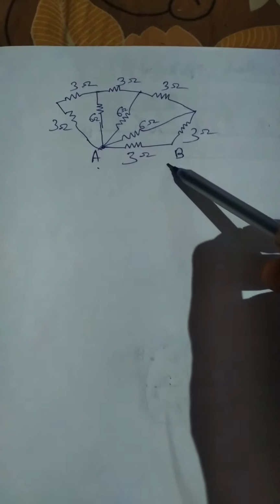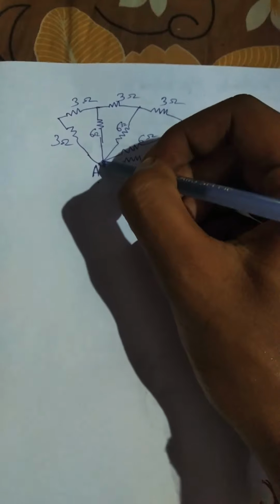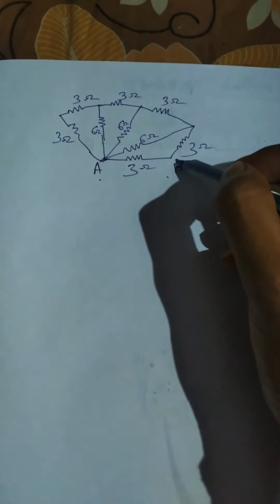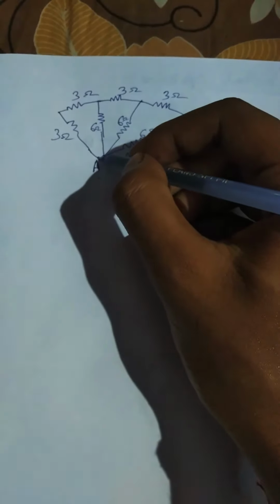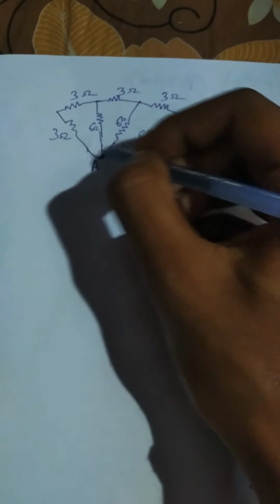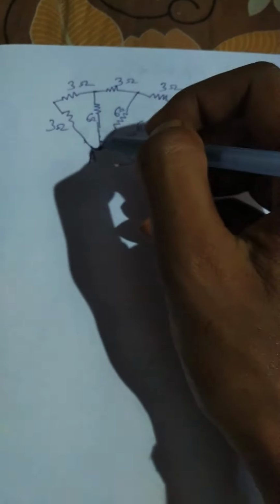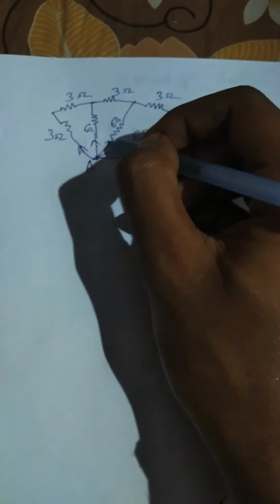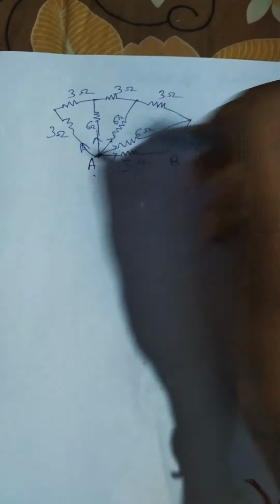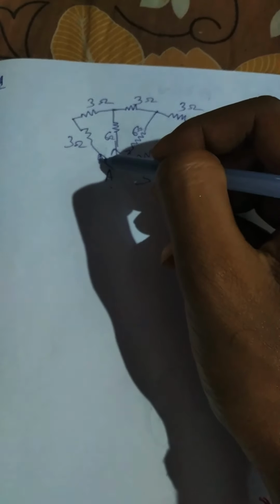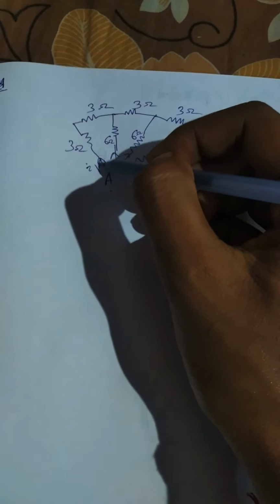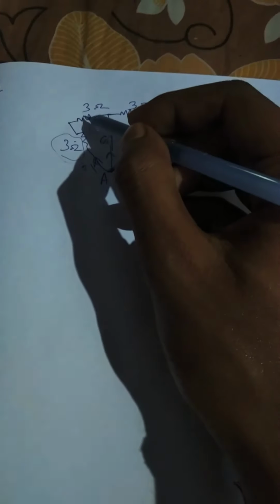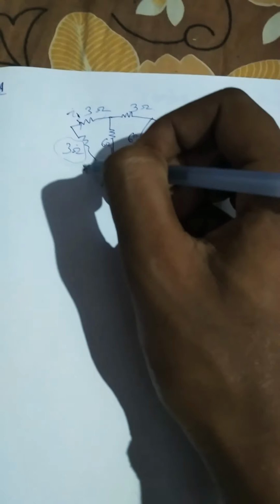Again, solve this question. Find the equivalent resistance between A and B terminals. You see the current starts from A and ends on B. Here are five branches, so the current divides into I1, I2, I3, I4, I5. Suppose it is I1. The current through this 3 ohm resistance and this 3 ohm resistance will be the same because there is no sub-branch in the way. So this is I1, this is also I1.